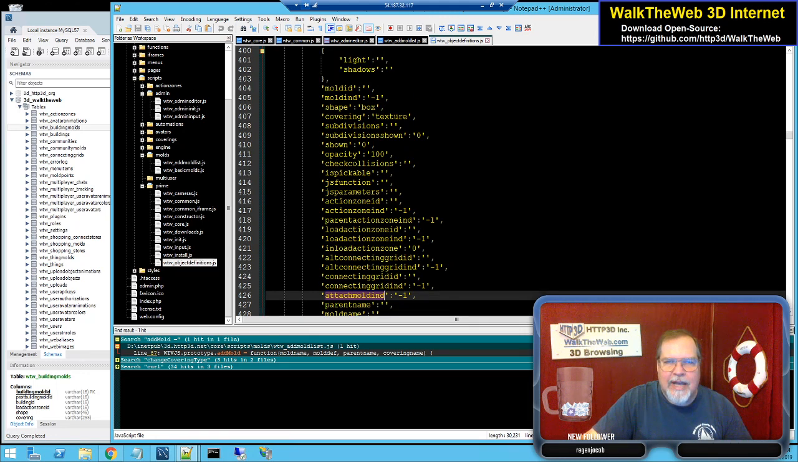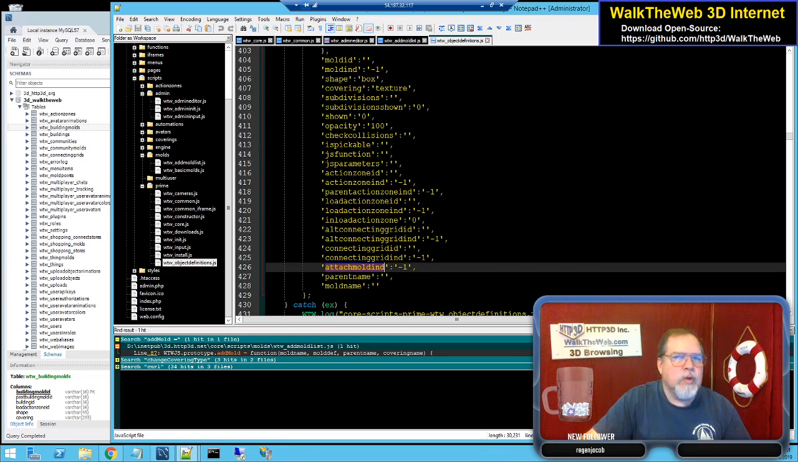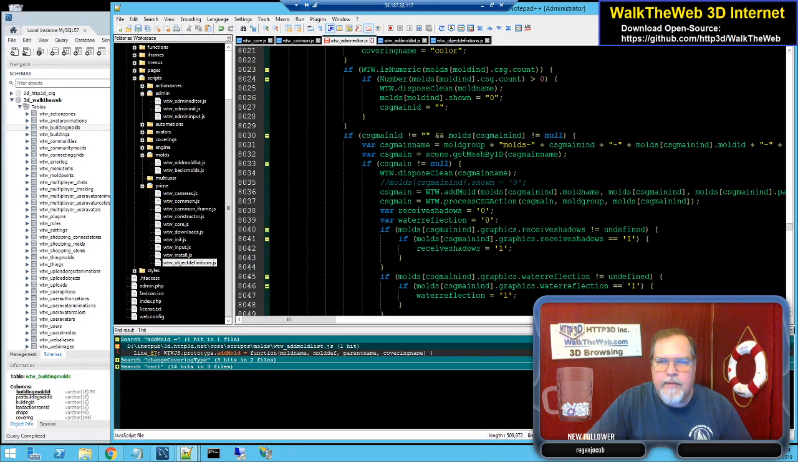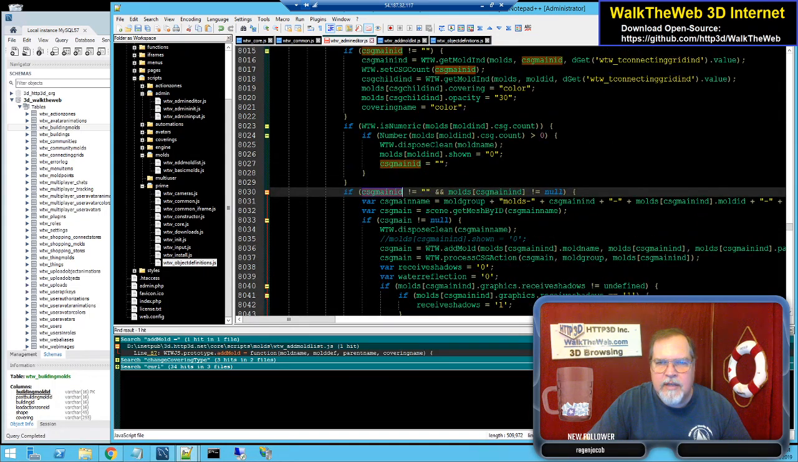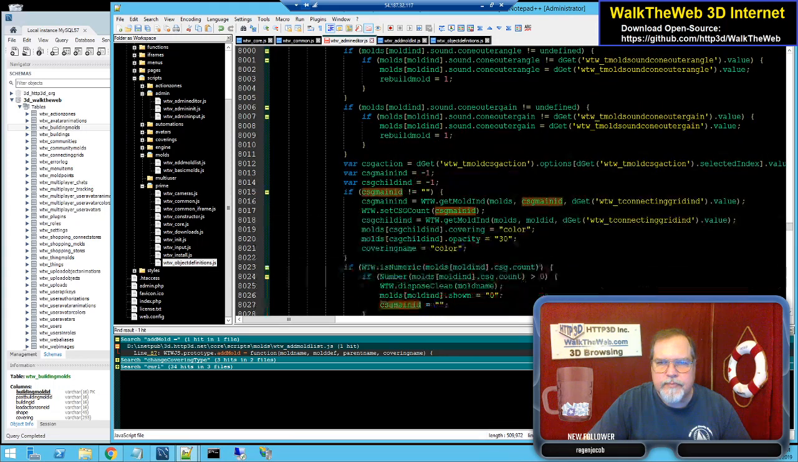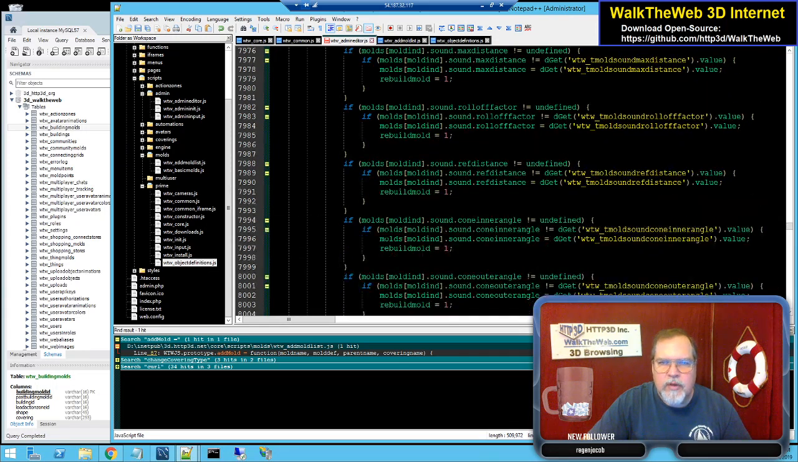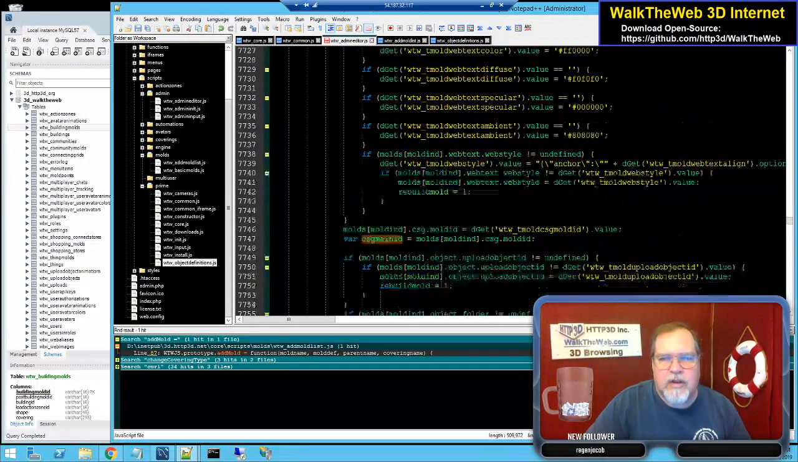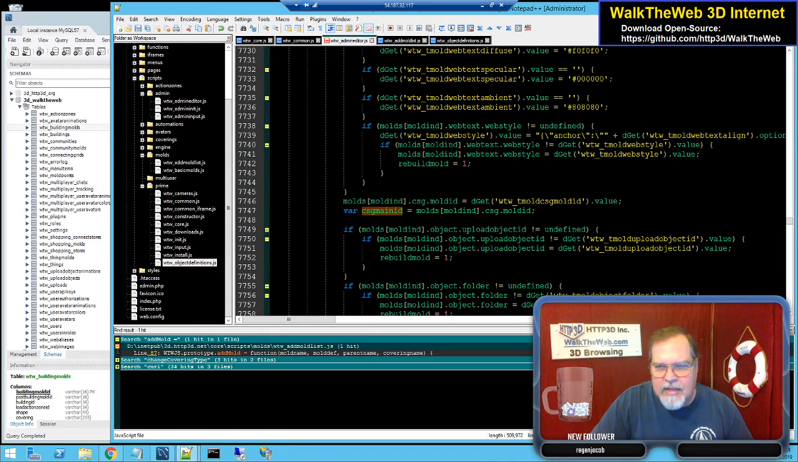Should be attach mold ID. Let's see. Okay. If mold IND is, why do I know, where do I set this? This is telling me if it's part of a, okay, so that is CSG mold ID, sorry, that's where I'm looking. If this,